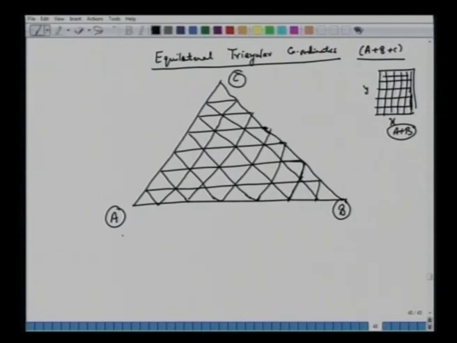Before getting into the details, when we write A, B, C like this, here we have 100% A, 100% B, 100% C. Right now let's stay away from the extractions, partial miscible or immiscible, or phase separations. Let's try to understand the physical representation of different coordinates on this equilateral triangular coordinate system. Equilateral means all three sides are the same, and now we will see the axes, unlike the Cartesian coordinate system.